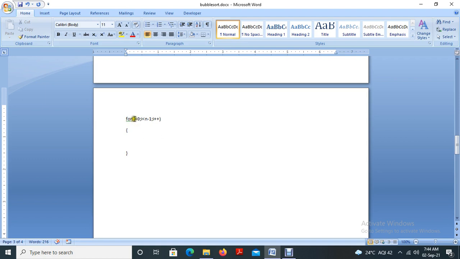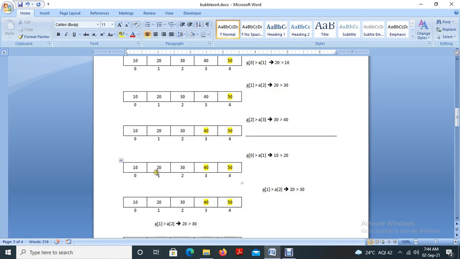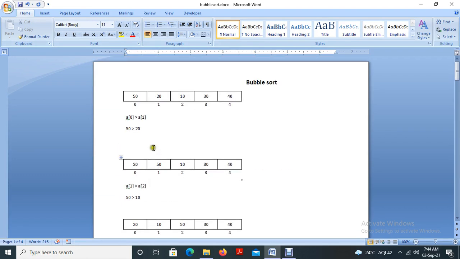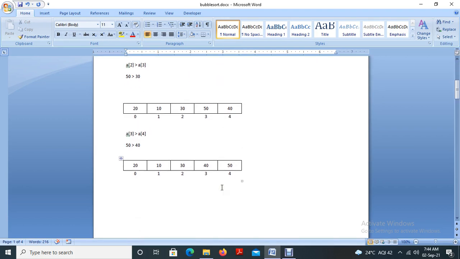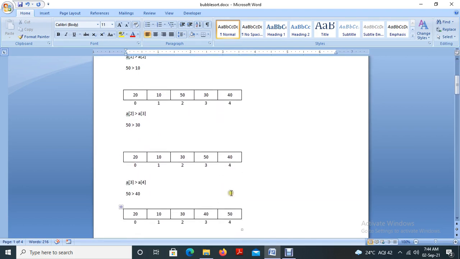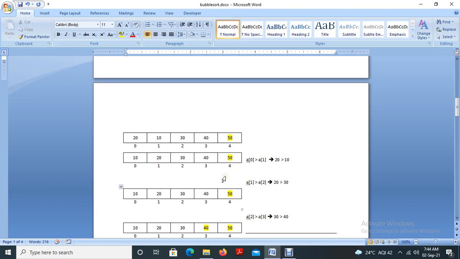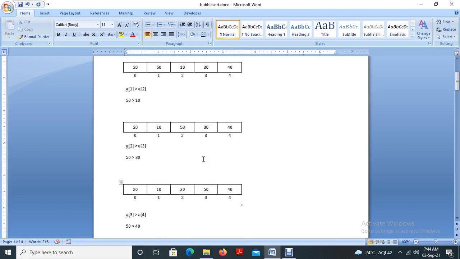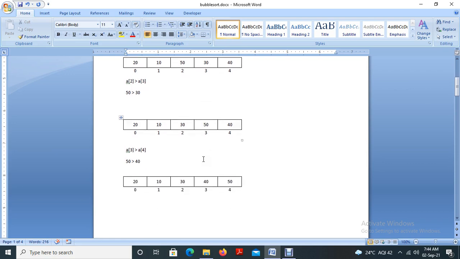So that is why i equal to 0, i less than n minus 1. So we ensure that the process continues. We didn't write the process to execute from A of 0 to A of 4. We are discussing only how many times these iterations may occur. So this is the first iteration and this is the second iteration. Remember why I am explaining again and again: I am telling you about the total number of times these iterations occur.